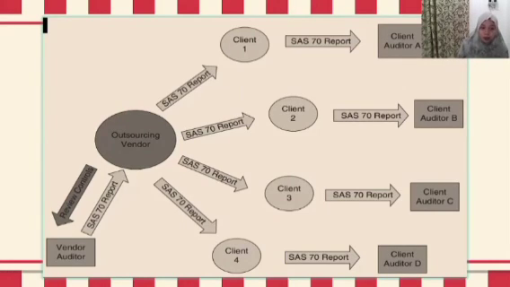Service provider auditors issue two types of SAS 70 reports. A SAS 70 Type 1 report is the less rigorous of the two and comments only on the suitability of the controls' design. A SAS 70 Type 2 report goes further and assesses whether the controls are operating effectively, based on tests conducted by the vendor organization's auditor. The vast majority of SAS 70 reports issued are Type 2 because Section 404 requires the explicit testing of controls, and SAS 70 Type 1 reports are of little value in a post-SOX